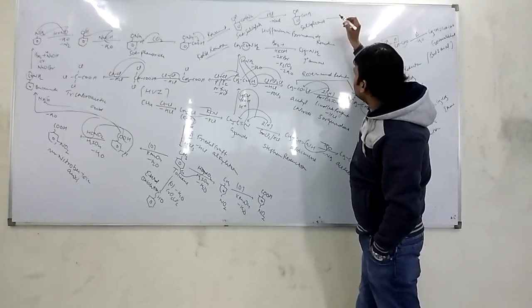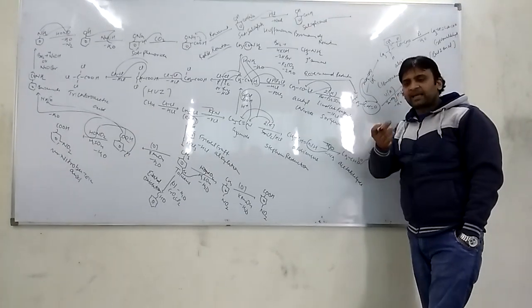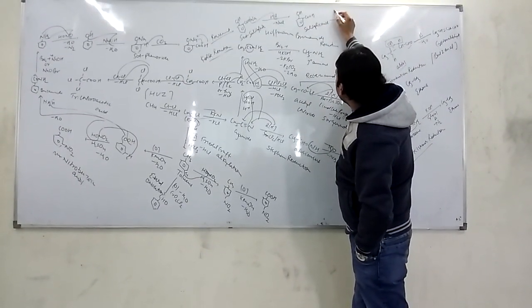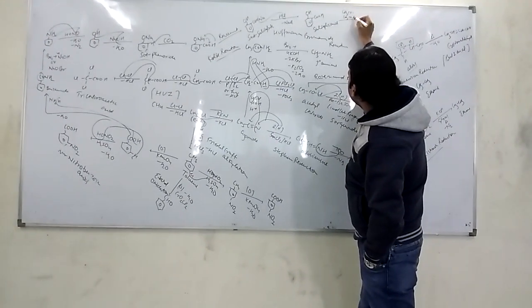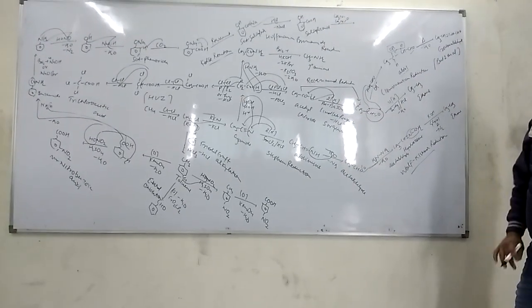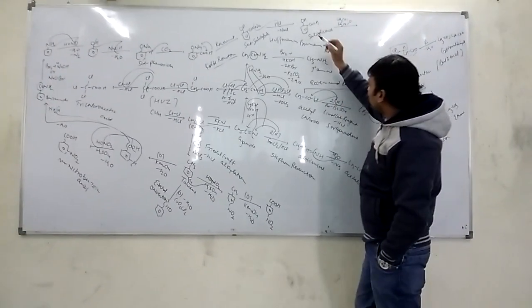Suppose we have to convert this salicylic acid into aspirin. You know aspirin is a type of tablet. This salicylic acid should be treated with any derivative of acid. Suppose we have taken acid anhydride. You know this is the anhydride. Basically we have to convert salicylic acid into aspirin. Then what will you do?